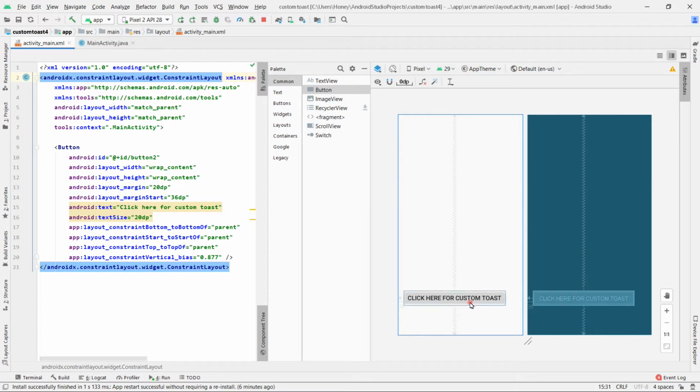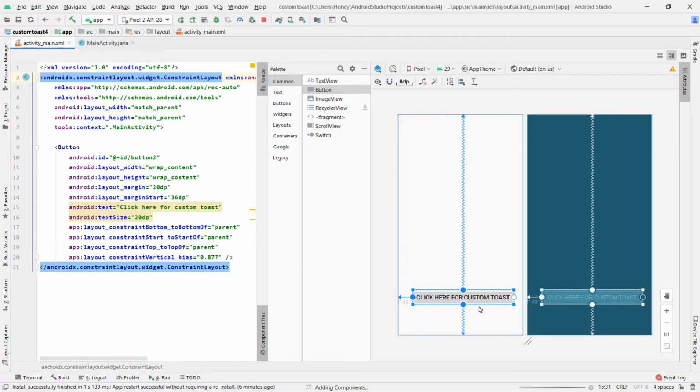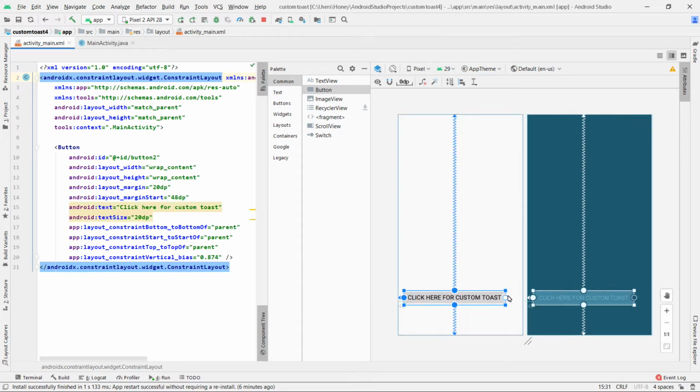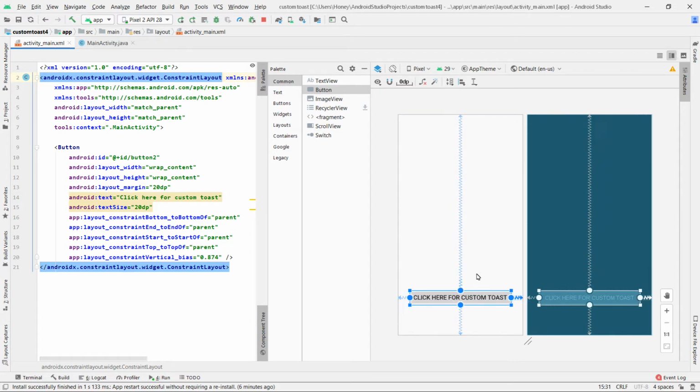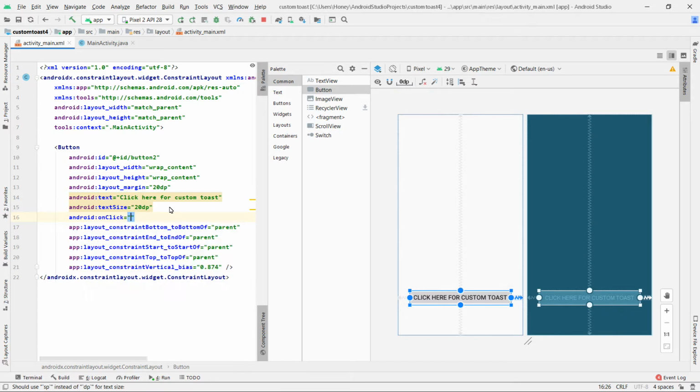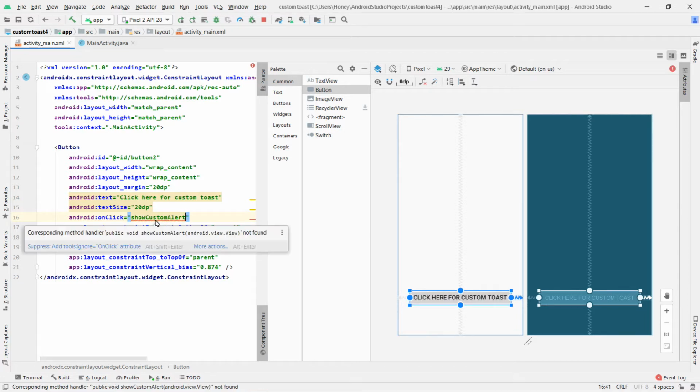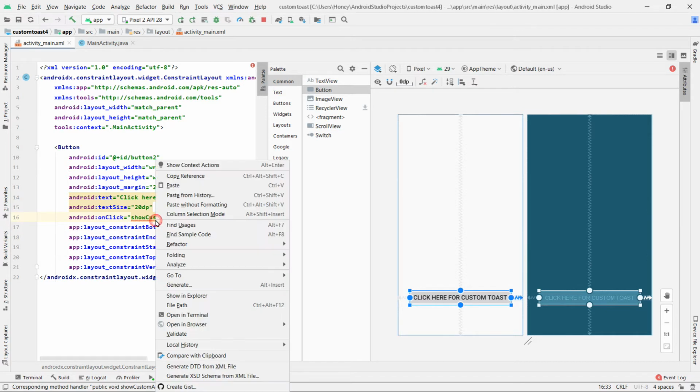So whenever I click on this button, I should get a custom toast. For this, we will implement an onClick method for this button. So onClick, I'll give a method name as showCustomAlert. Here you can see it's giving me a red line.